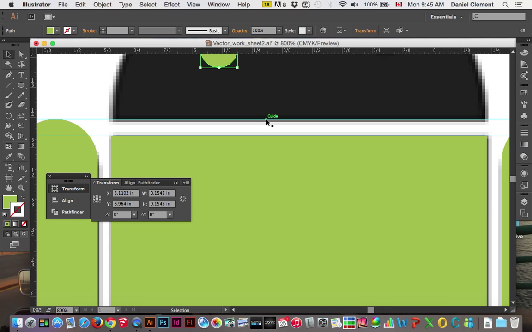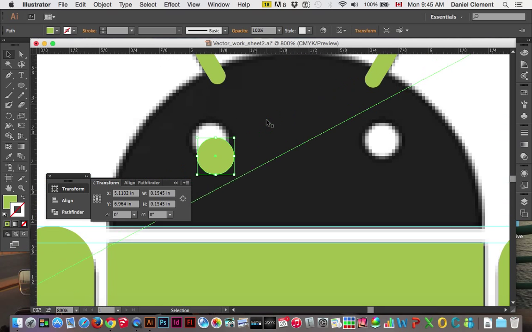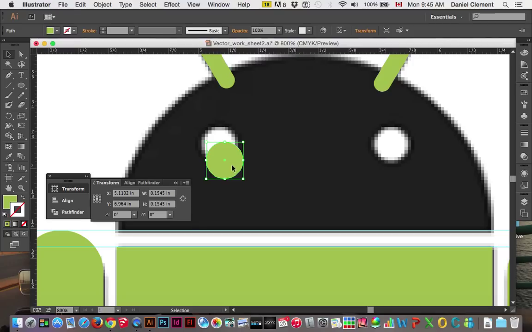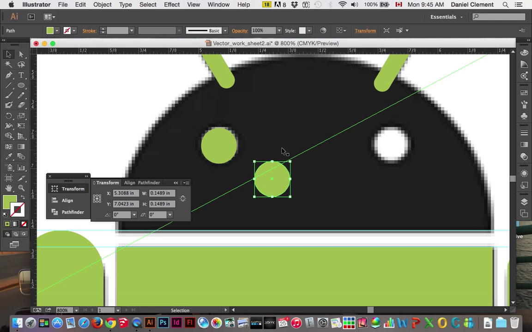You can zoom in by doing Command plus on your keyboard or Command minus to zoom out. Okay, and that's close. So now I go Command C, Command V, and I can even click and drag it